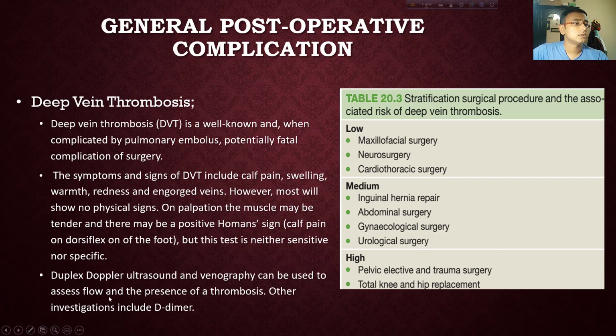Duplex ultrasound and venography can be used to assess flow and the presence of thrombosis. Other investigations include D-dimer. D-dimer is very popular nowadays because of the pandemic. If there is any intravascular coagulation, whether DIC is present or not, we use D-dimer